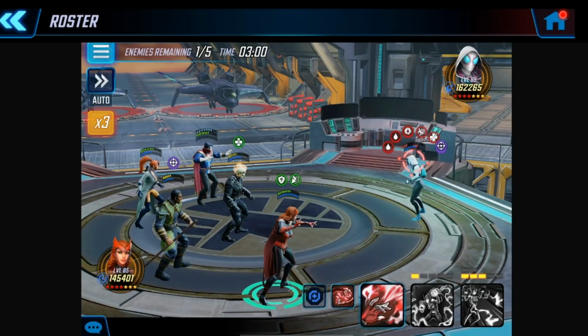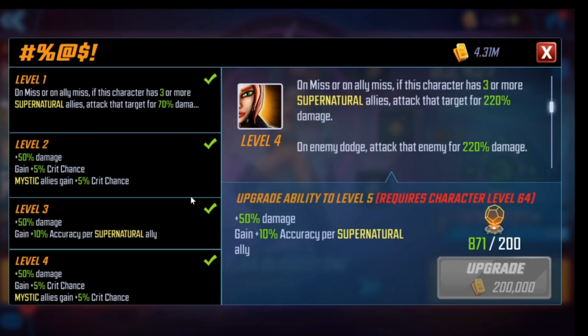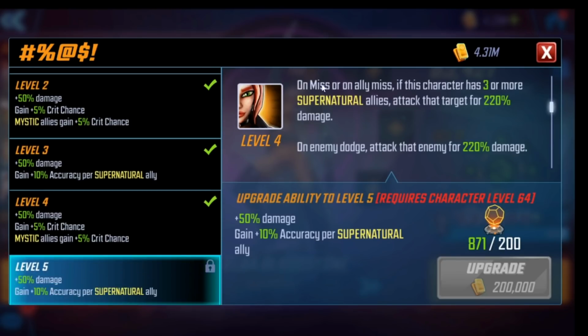Secondly, Elsa, we just saw her a minute ago, right? I got a 6th red star on Elsa. She's still going to stay at low gear for me. But I'll show you her kit here in a minute, the reason that works so well is Elsa has a passive. If